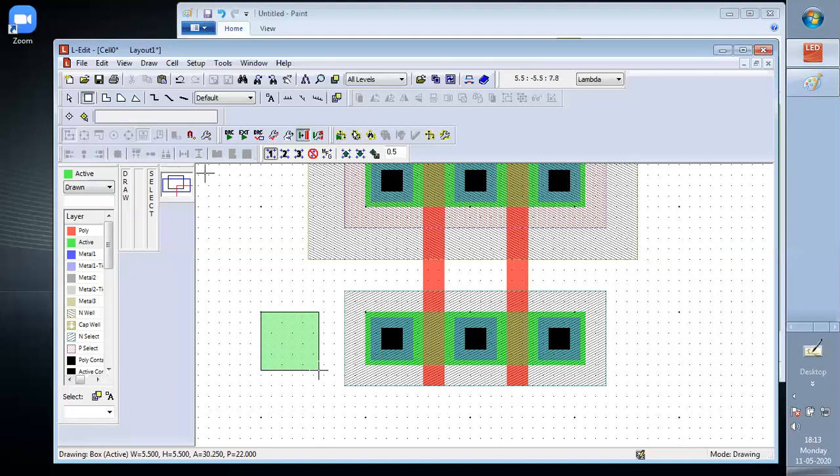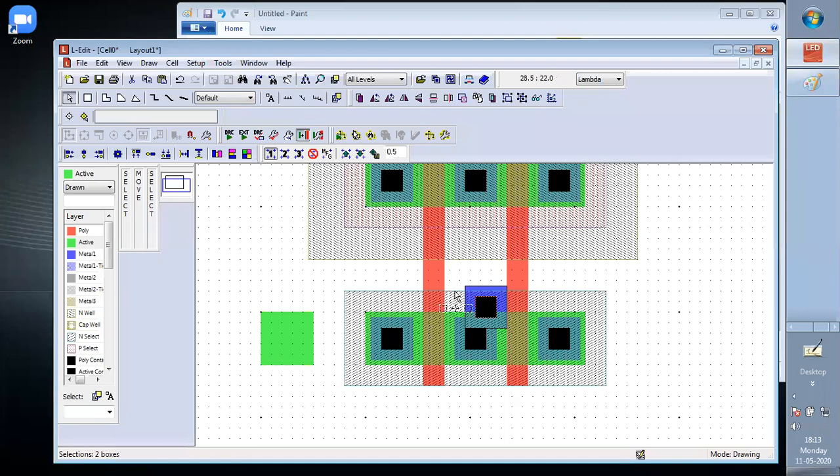Here we see this distance. It is 5.5, so we have to reduce it. So go to the arrow and alter tab, and we create 5 by 5. And we require this contact, metal and active contact. So we copy this and we put it here.